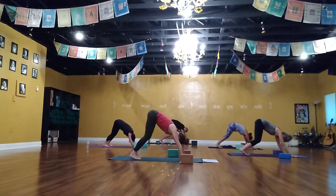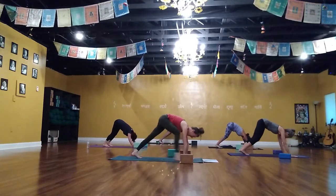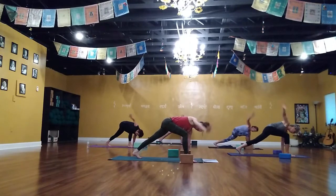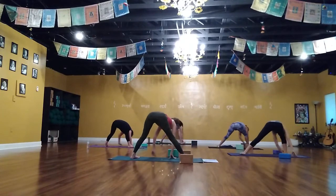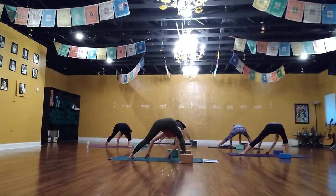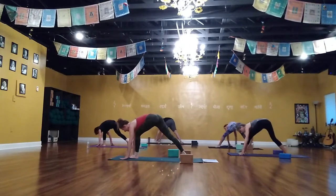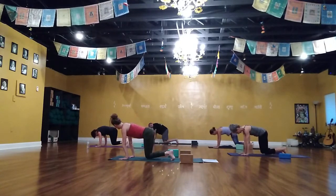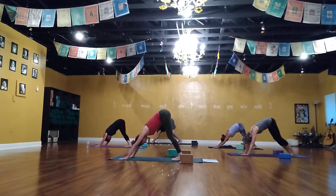Downward dog. Right foot forward, right arm up. Right hand down, turn to the left, parallel, side lunge to the left, side lunge to the right, to the back of the mat, plant the hands, hover your quadruped, get those knees forward underneath you, downward dog, left foot